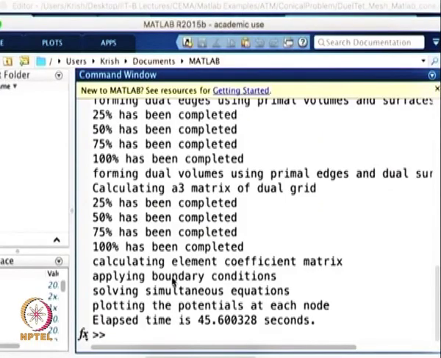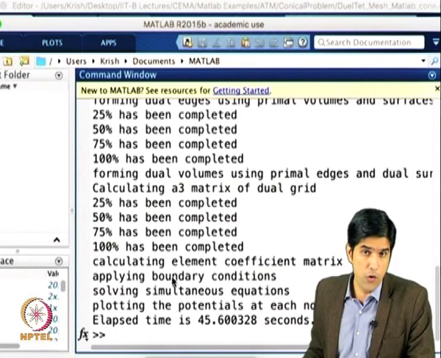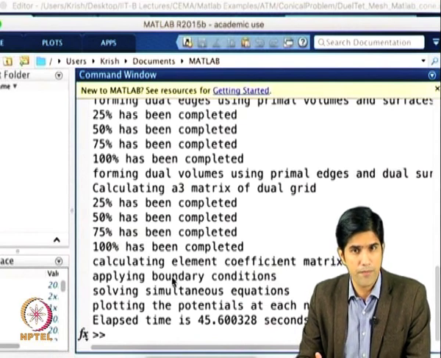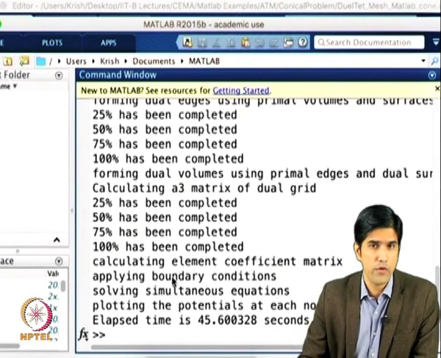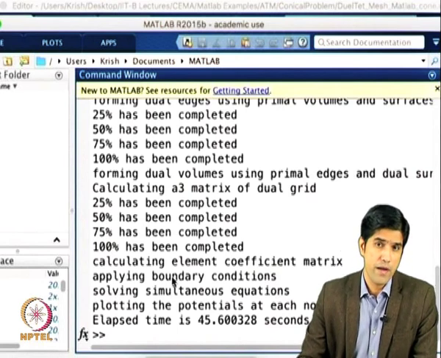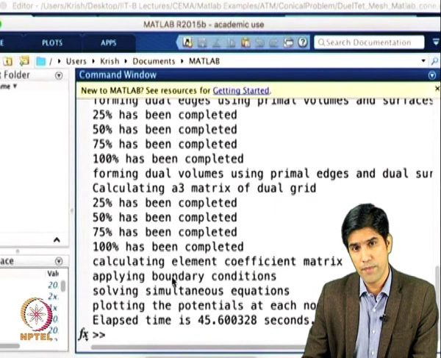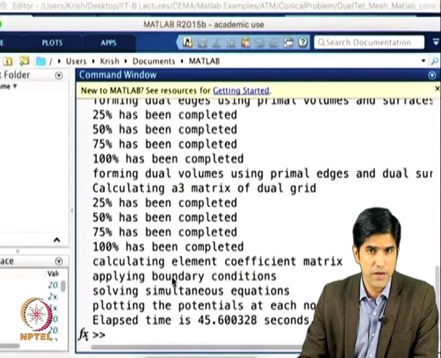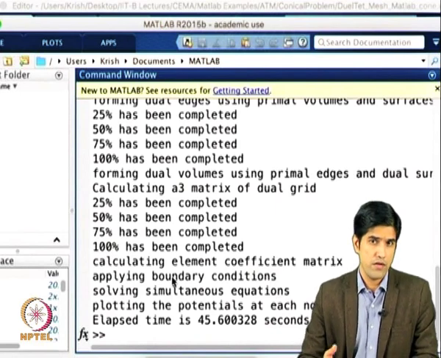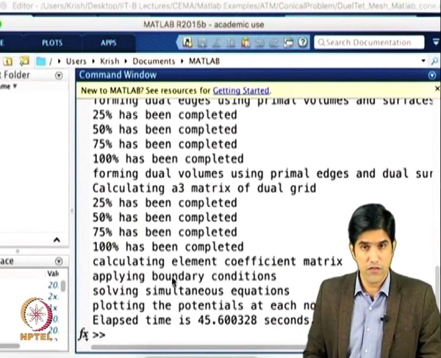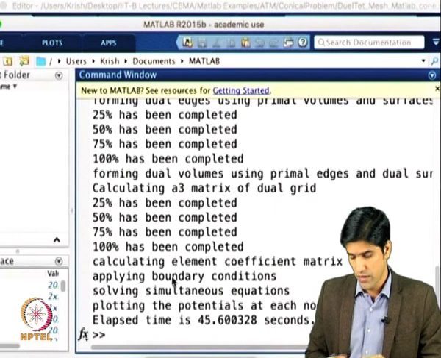I would like you to program your own algebraic topological method codes so as to test various problems. Simple problems like this help you understand how to compute the A1 matrix, A2 matrix and A3 matrices for a primal grid, and similarly the counterpart for the dual grid, and how one can extract the information so as to compute a simple Laplace equation. So in this case we did the divergence of D equal to 0,